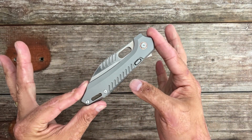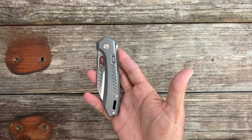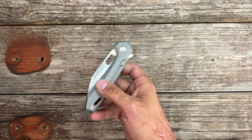First, we have the Vosteed RSKAOS, their most popular knife so far and their most premium knife so far. The reason I'm doing this video today is because there will be a drop of the RSKAOS tomorrow morning at